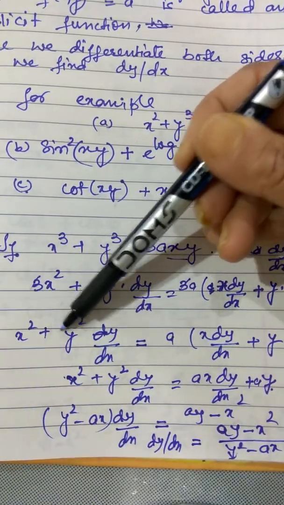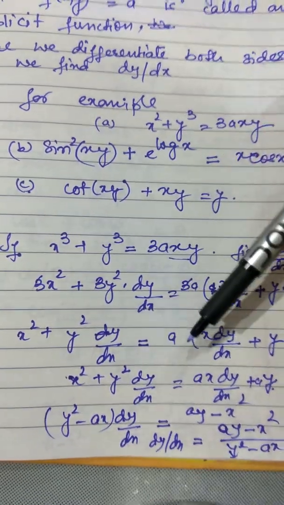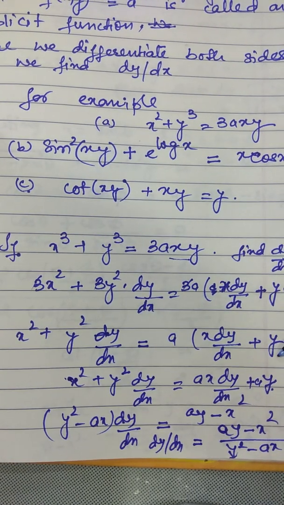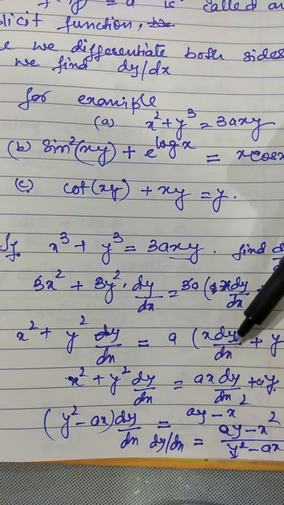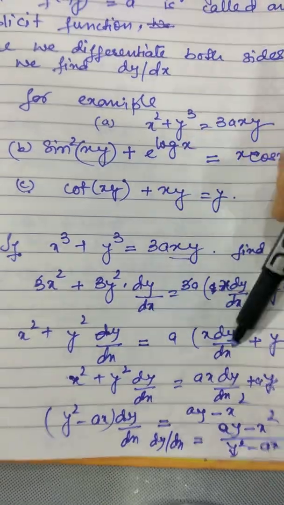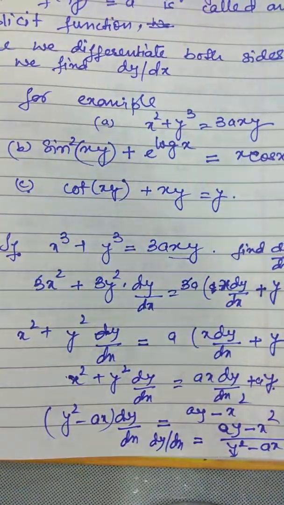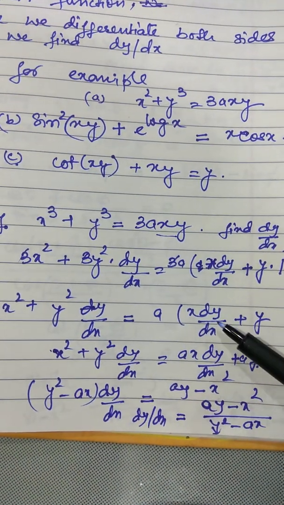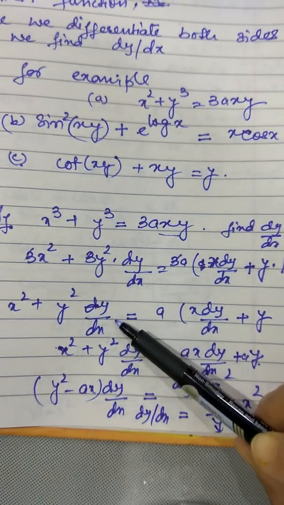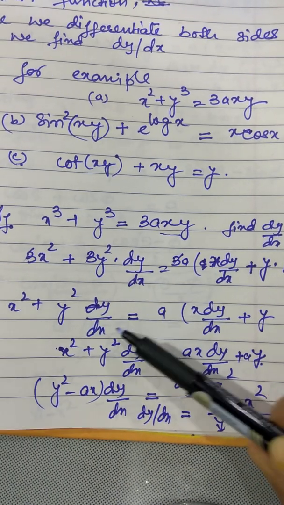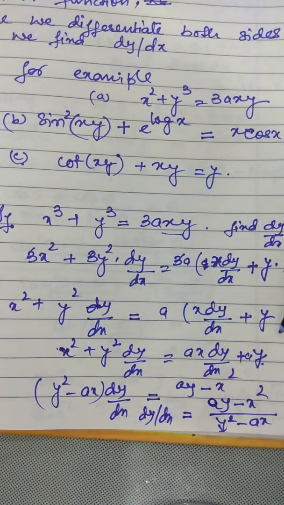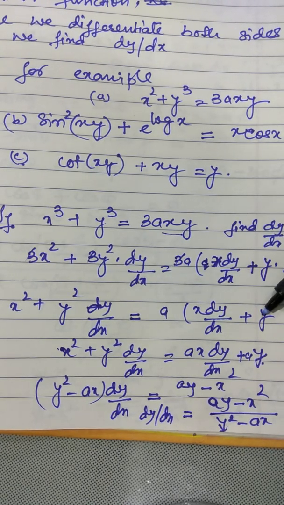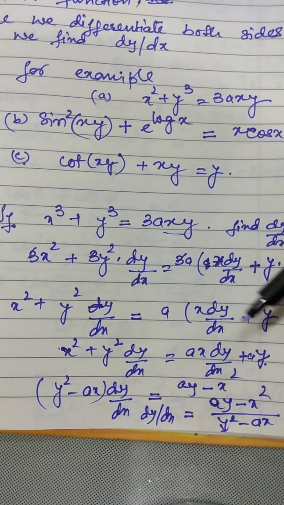So (x² + y²) dy/dx = ax(dy/dx + y). Now what we do? We take the terms containing dy/dx on one side, that is on LHS. So this is (y² − x) dy/dx is equals to, and remaining terms on the other side. So this is ay − x